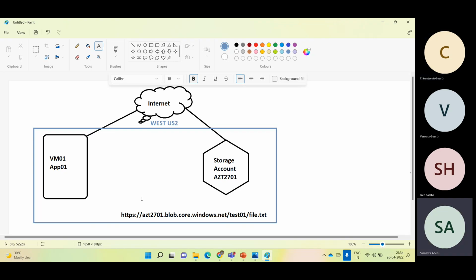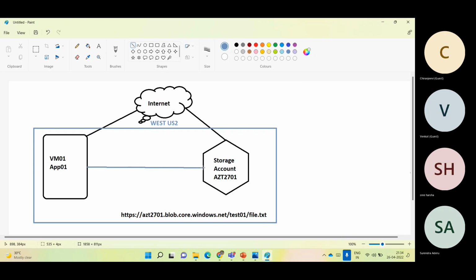Now the question is, when I'm running in the same data center, why do I need to go out of the data center and communicate? I can communicate directly like this. And then I will say, I don't want to allow the connection from anybody. I don't want this connection from anyone. I will say, I don't need it. I want a connection from my